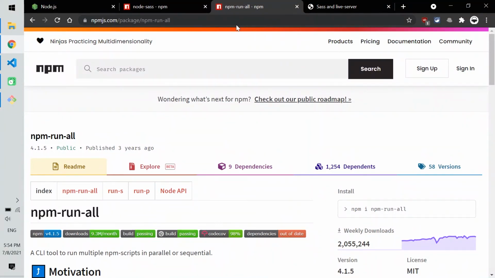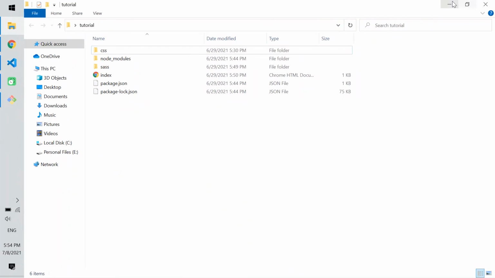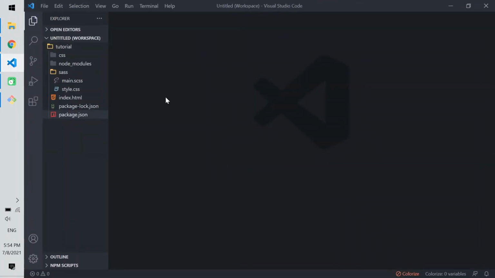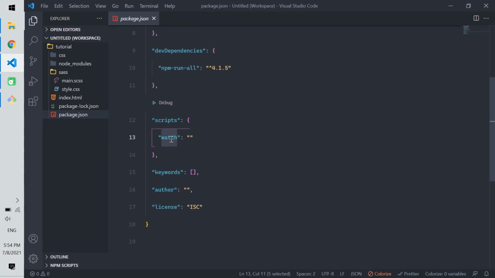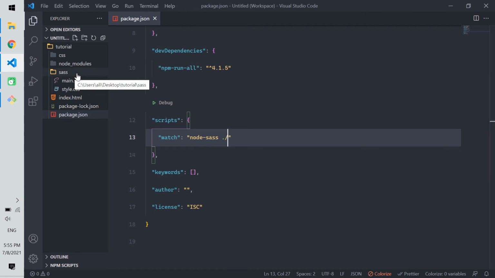Okay, with that installed, we are now ready, and we are going to open this folder inside VS Code. In here, inside the scripts, we have this watch, and you can change this command to, for example, watch-sass or any other name, but I'd like to make it watch. In here we will write our Sass compiler commands. We'll type node-sass, and then inside here we are going to type the directory where we have our sass file. In here I'll type sass, and then inside the sass folder, as you can see, we have a main.scss,